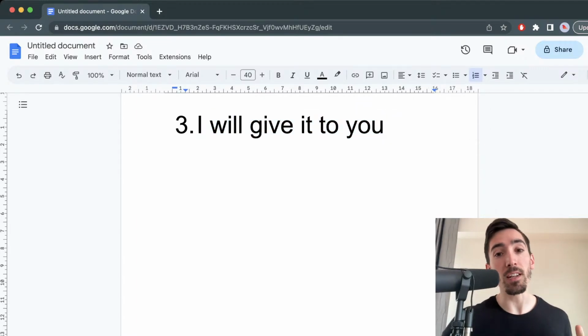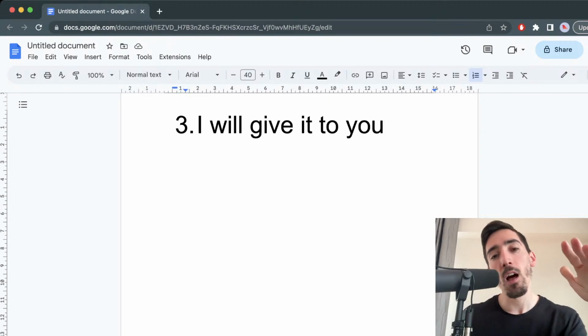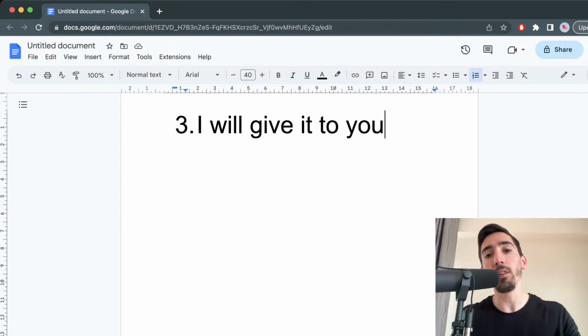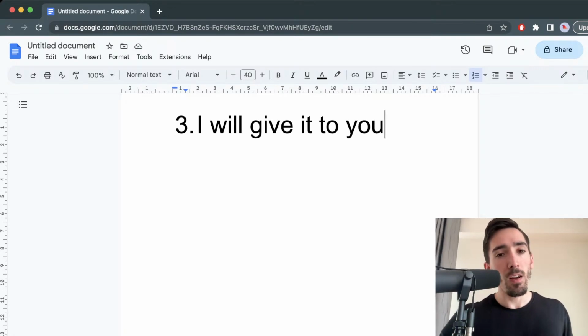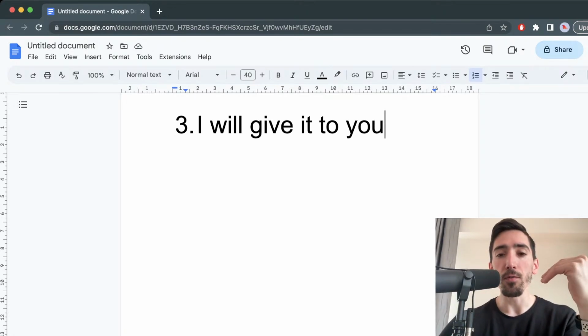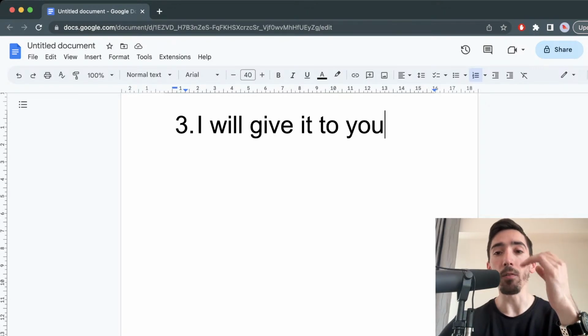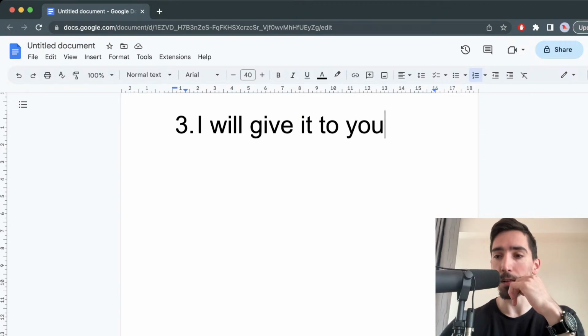This is a very simple sentence, by the way. So there's nothing strange about this sentence. I could create a list of maybe 100 similar sentences to this one, and they would just be normal sentences. I will give this to you. I will give it to you. There's nothing particular about this sentence. It's just that the way Italian makes use of pronouns is wild and requires a lot of knowledge, as I said.